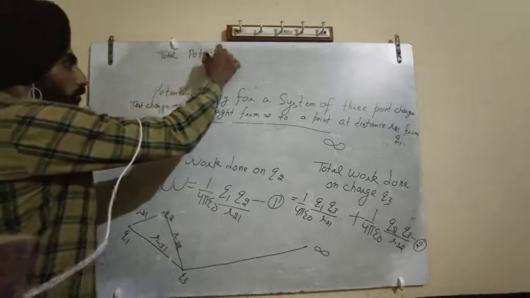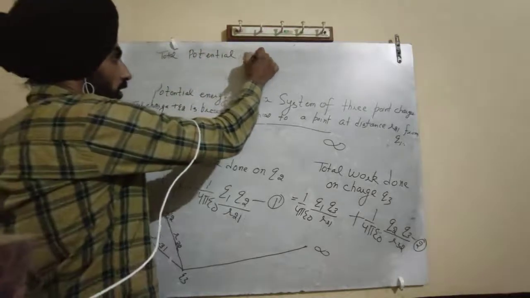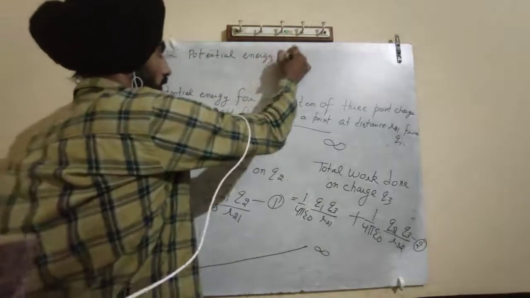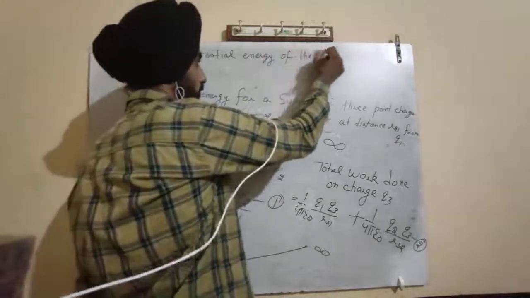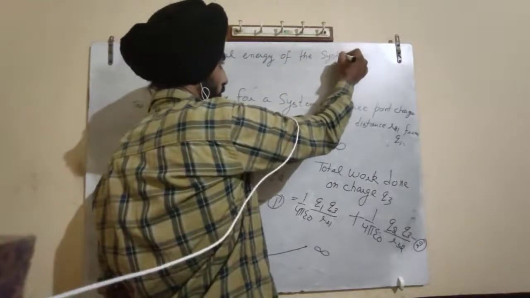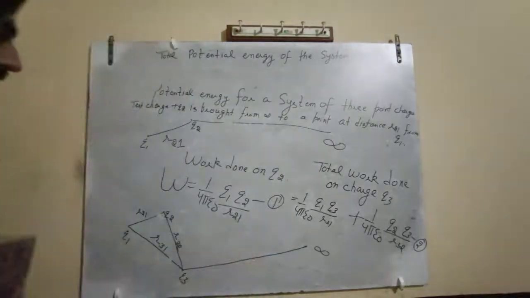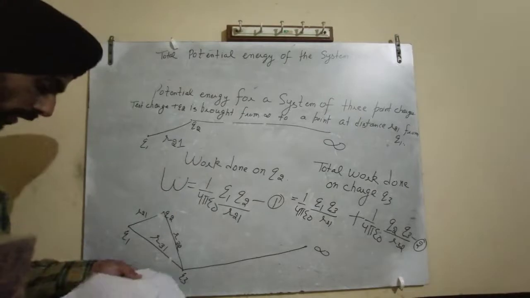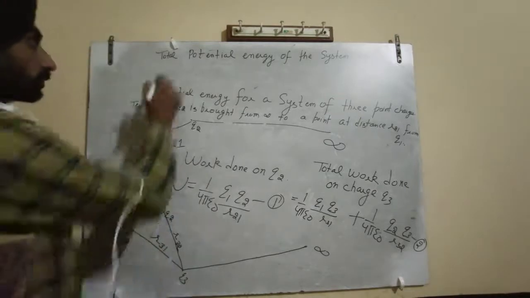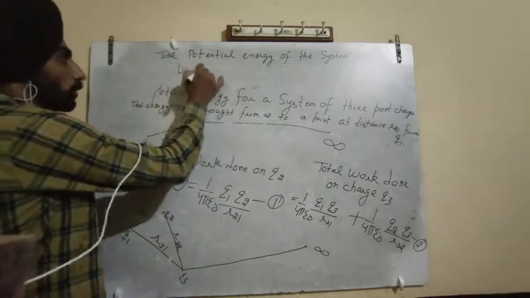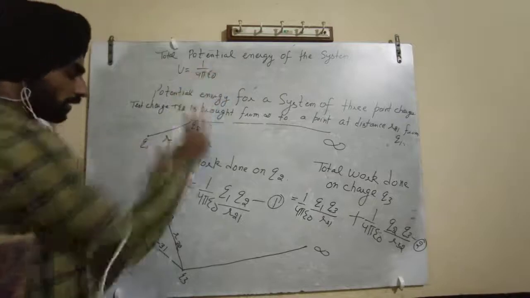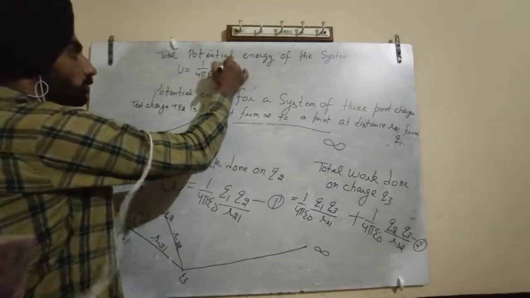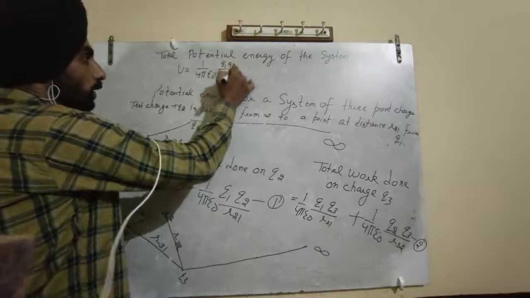Total potential energy of the system. So what we have to add? We have to add equation number 1 and equation number 2. U is equals to 1 upon 4 pi epsilon naught, add this, Q1 Q2 upon R21, plus